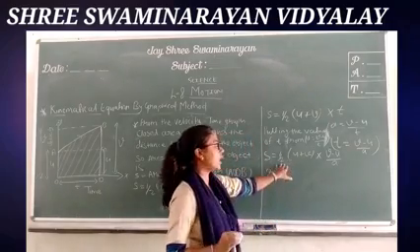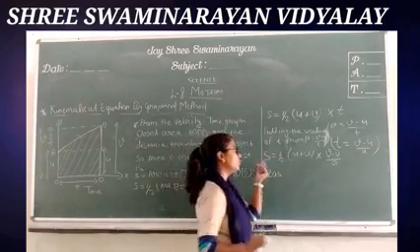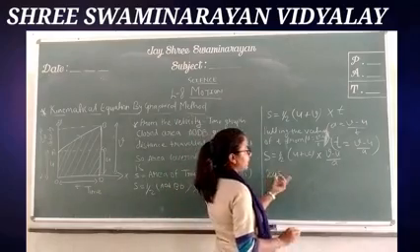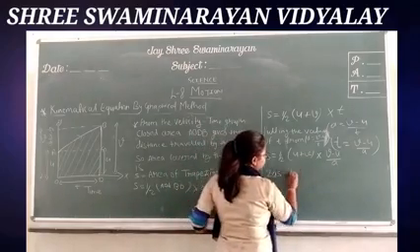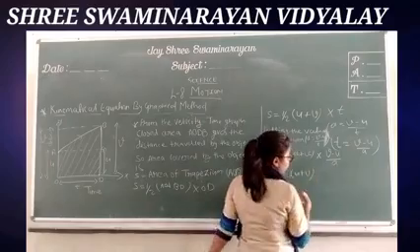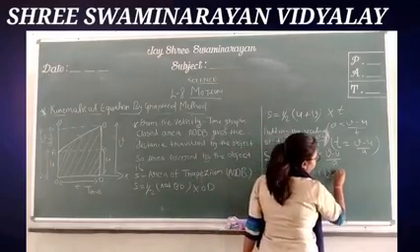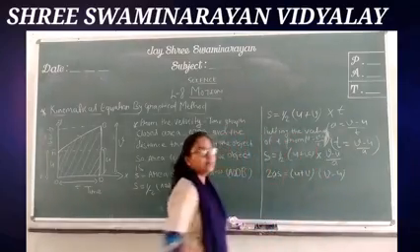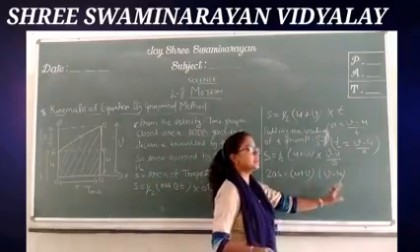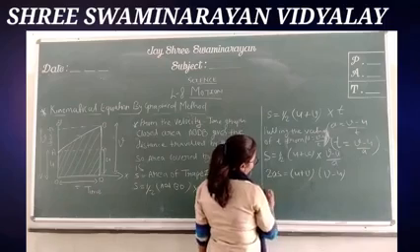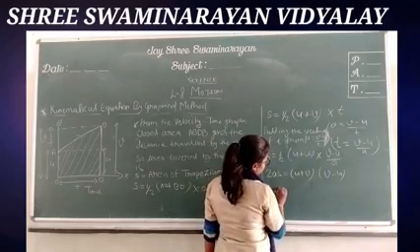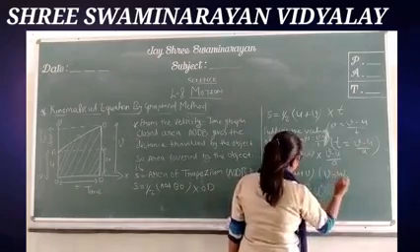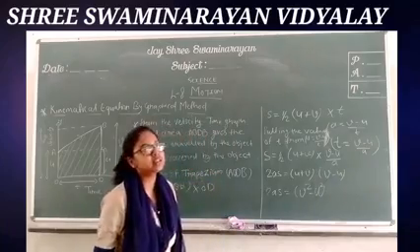2as. The 2 from the half shifted to the left side, and a from here shifted to the left side. So it will be 2as is equal to u plus v multiply by v minus u. Now it is the formula like a plus b multiply by b minus a. So what was the equation of that formula, students? That is v square minus u square. So 2as is equal to v square minus u square.